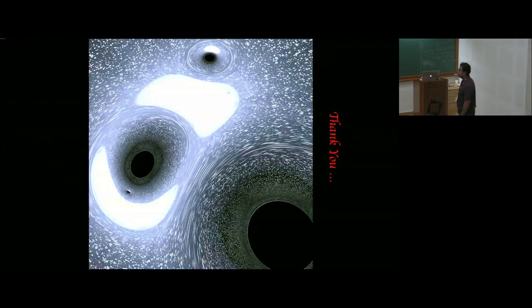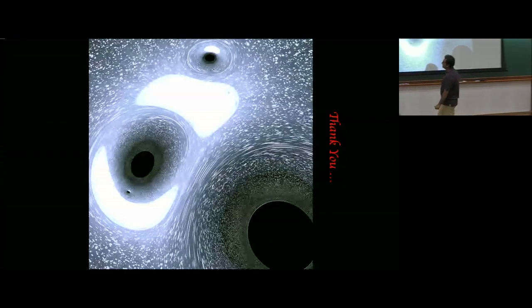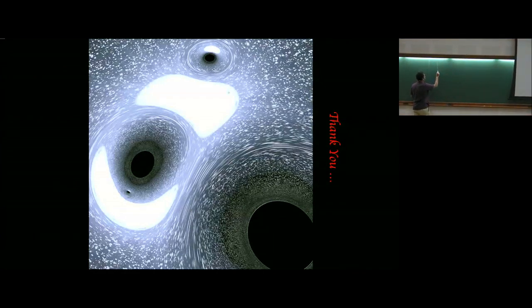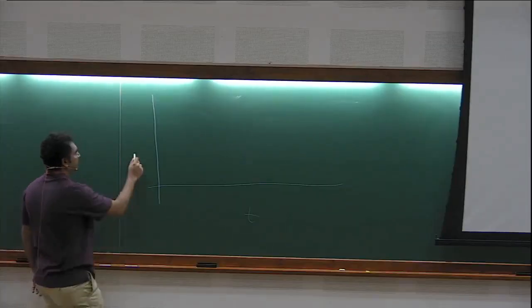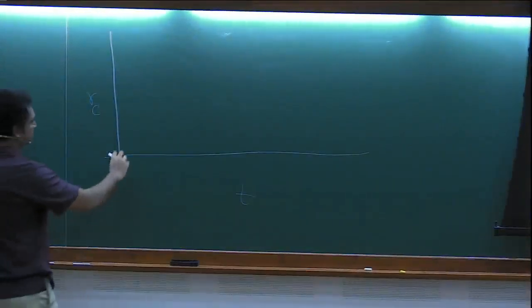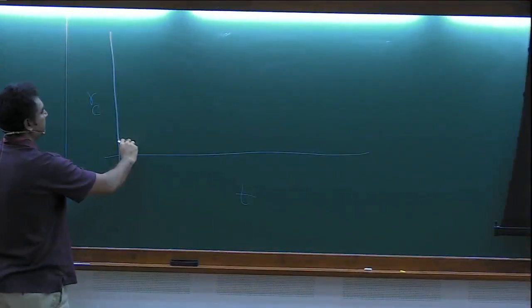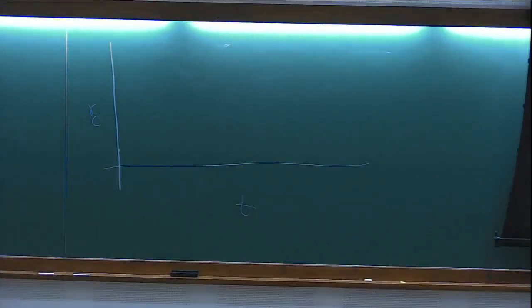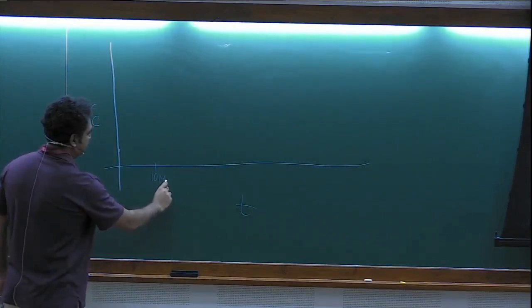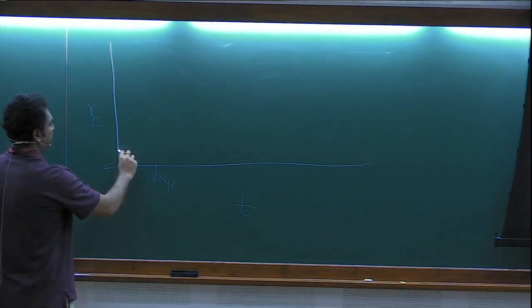Typically, gas pressure is not important. Yes, I didn't talk about the different stages of globular cluster evolution. So let's say this is time, and let's say this is the core radius. So you start with some small core radius that is dictated by young massive star cluster observations. And then let's say this is 10 million years. During this time,